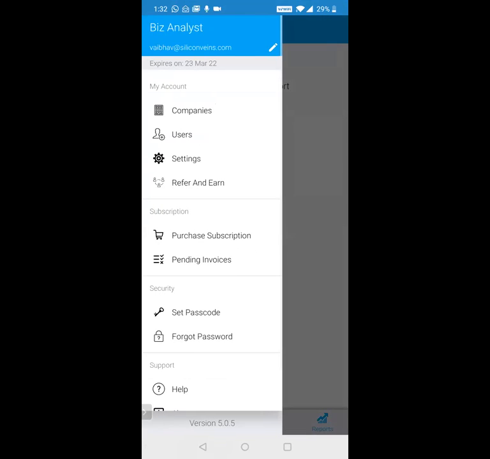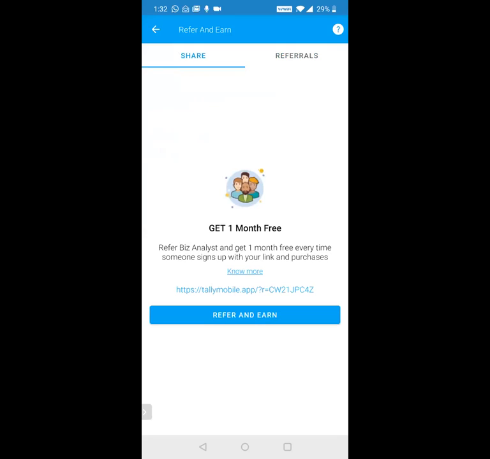Okay, last is the refer and earn. So today, we have more than 50,000 paid customers who are using this application. So thanks to all of you who are paid customers, and I think the reason we are able to reach the 50,000 milestone is because someone liked it, they referred it to someone else, and that person then referred it to someone else. So what we wanted to do is find a way to thank the customers for giving us references. So this is the best way.